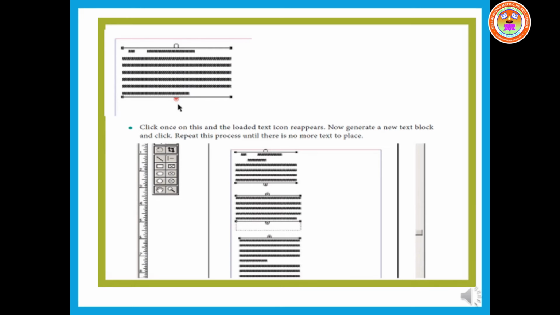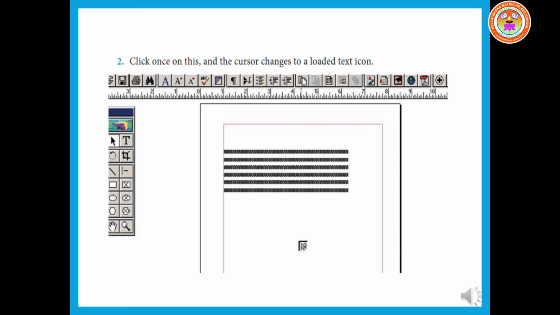You have to click the red triangle and drag upwards, or if you click the red triangle, then the loaded text icon will be there. That loaded text icon should be clicked anywhere inside the page. Then the remaining text will be placed there. See here, this is called the loaded text icon. If you click anywhere inside the page, then the next block will be shown, split. That means a single text block is split into two.